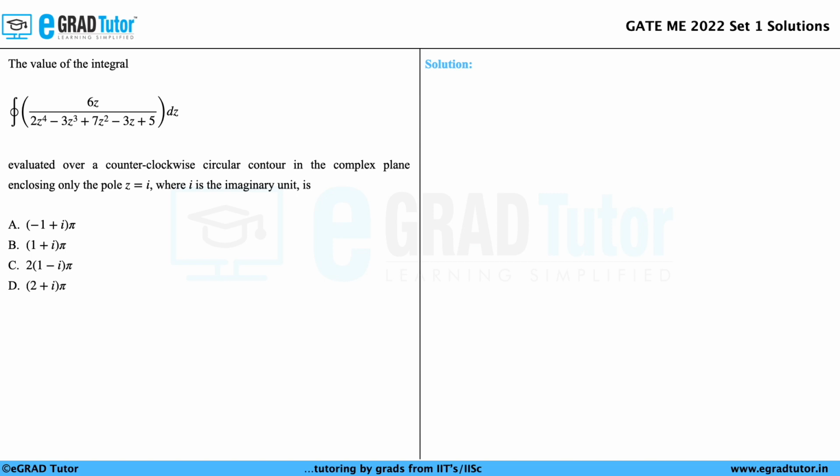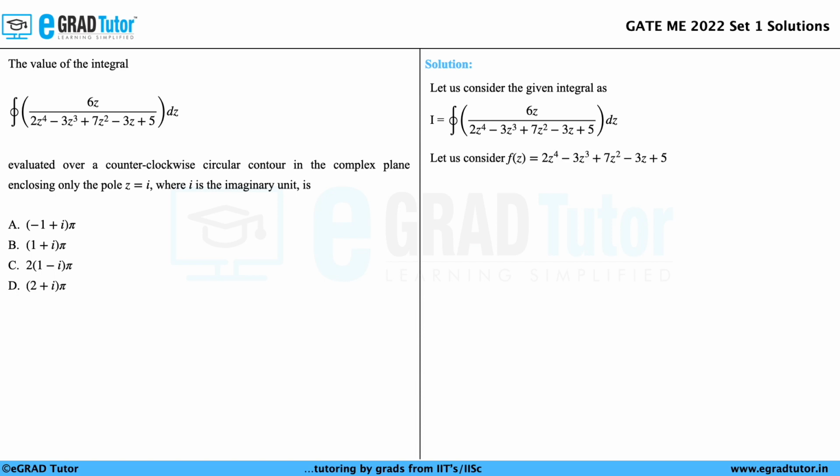So let us consider the given integral as I equal to cyclic integral 6z by 2z^4 minus 3z^3 plus 7z^2 minus 3z plus 5 into dz. Now let us consider the denominator as f(z) equal to 2z^4 minus 3z^3 plus 7z^2 minus 3z plus 5. Given that z equal to i is a pole, substituting in the denominator function f(z),